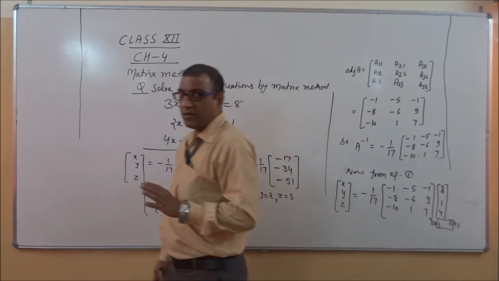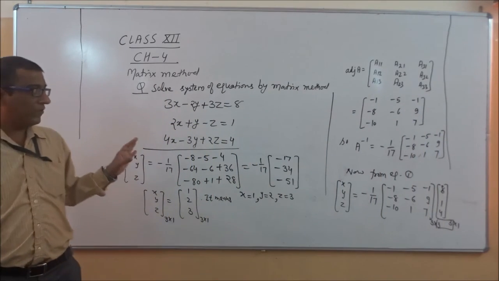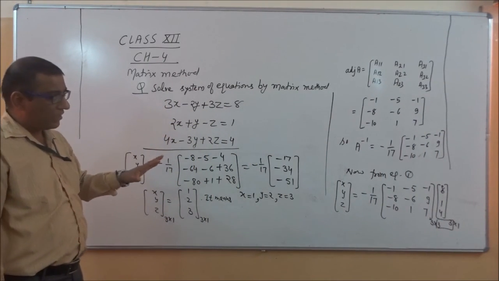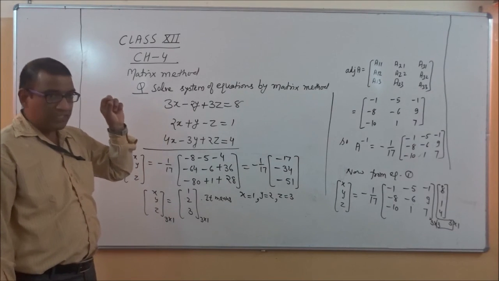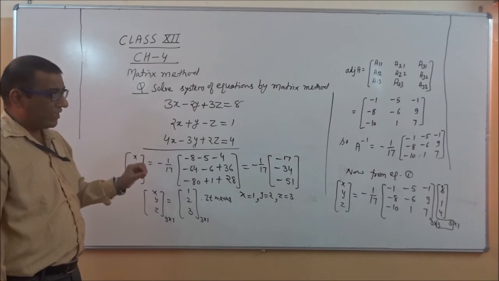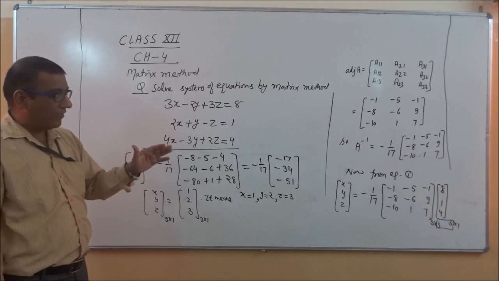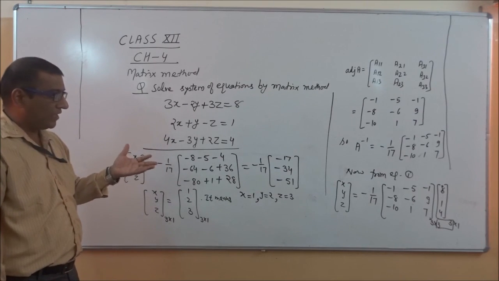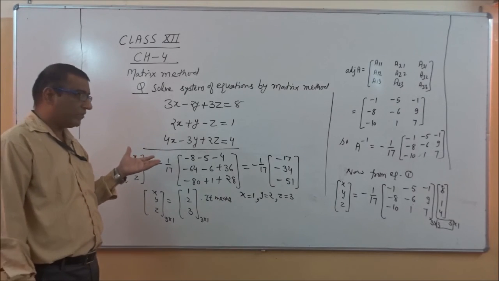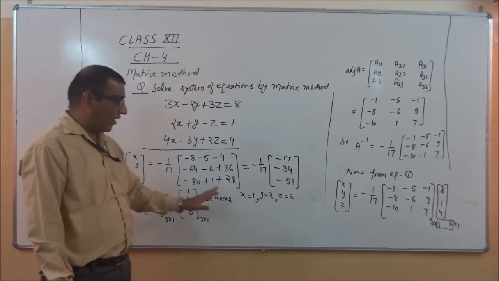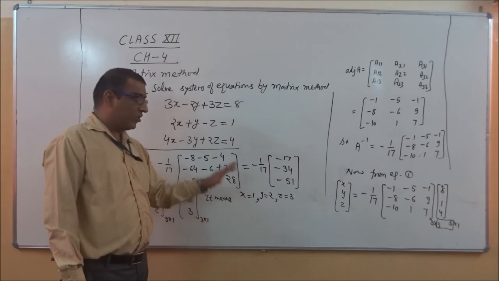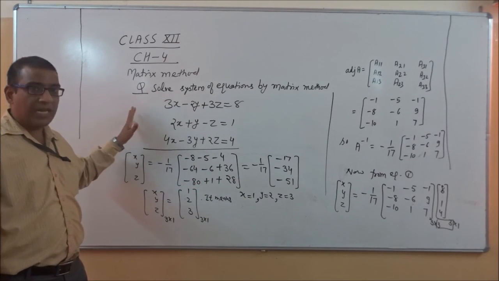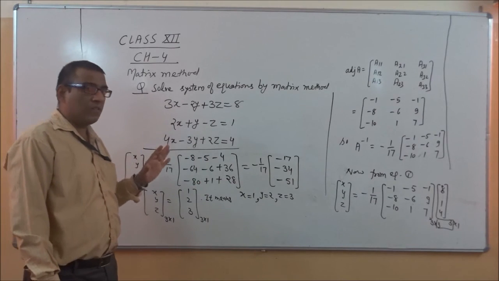It depends on us. So whenever such type of questions are given to you, first you solve it. First we will always calculate determinant A. After calculating determinant A, we will go with A inverse. After calculating A inverse, you will put the value of A inverse in the formula, that is X equals A inverse B. And after that, you will identify the value of x, y, z. At last, you will check the value of x, y, z in one of the equations. If you get LHS equals RHS, it means your answer is right.